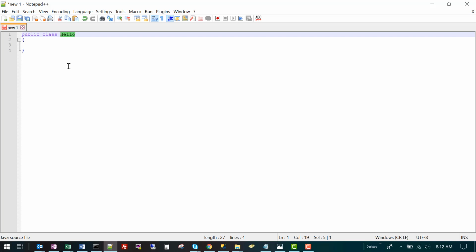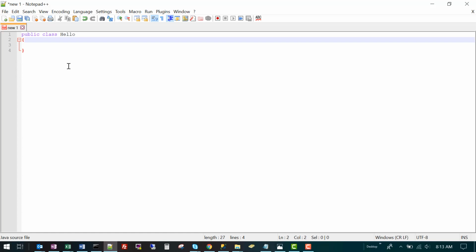Something that is part of a tradition in programming languages is that we call the first or simplest program Hello World, which is a program that only prints a simple message to the screen.